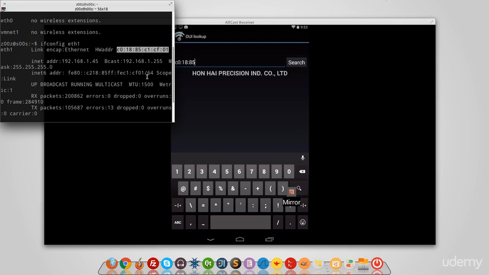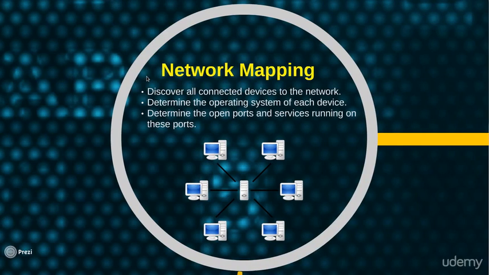So that's it for now. Very simple tool. It allows you to discover all the connected devices in your network. Now in the future videos we're going to be using more advanced tools, and we'll see that